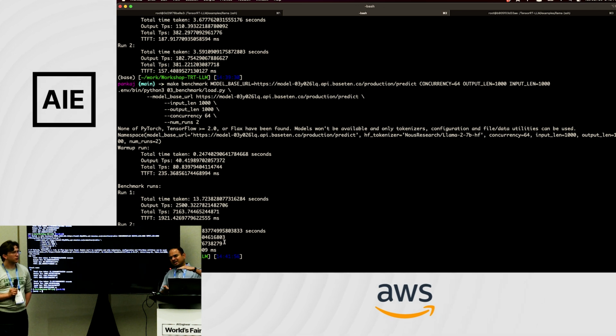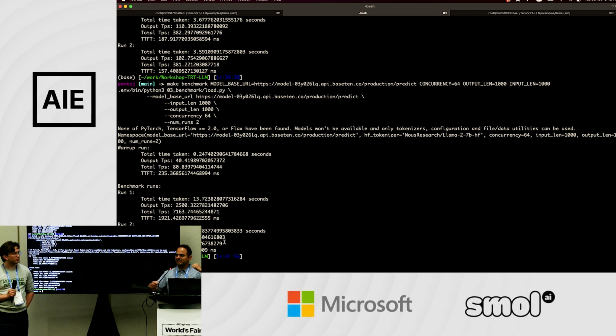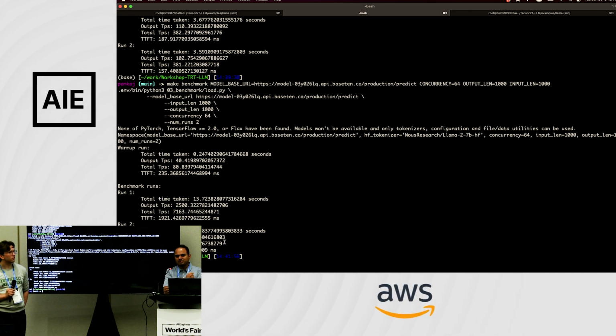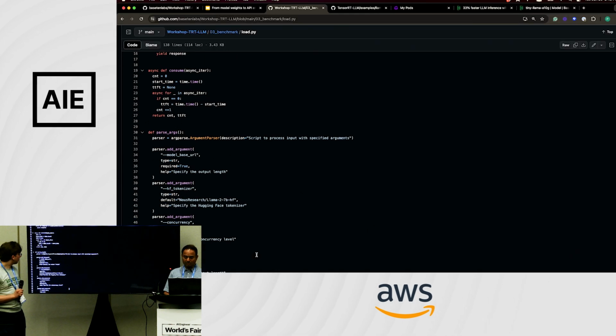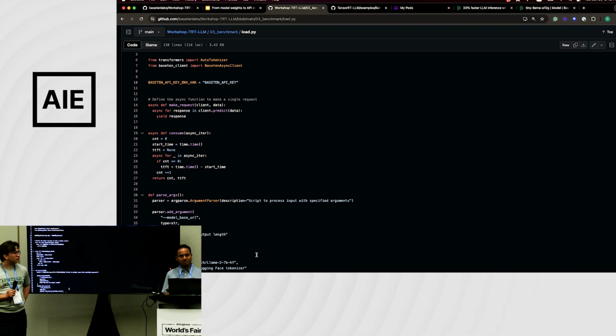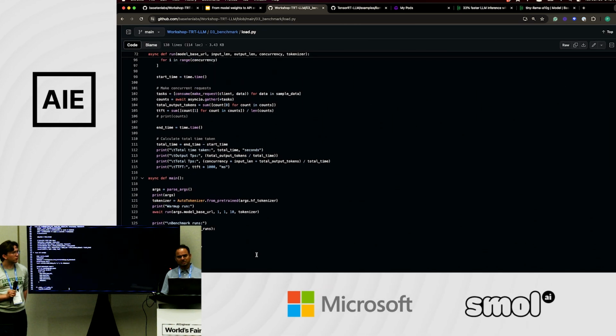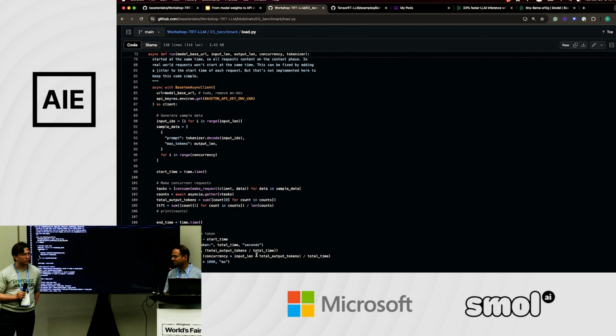And as you increase batch size, the pressure on your GPU memory also increases, because all these extra batches require KV cache to be kept in GPU memory. So you might hit that bottleneck. Depending on all these scenarios, you want to experiment with different batch sizes and find the sweet spot. That takes a bit of time, but it's not terribly complex. This script is there for you to modify and play around with. It's pretty much a single Python file, not much in there. You can modify it, you can run it.